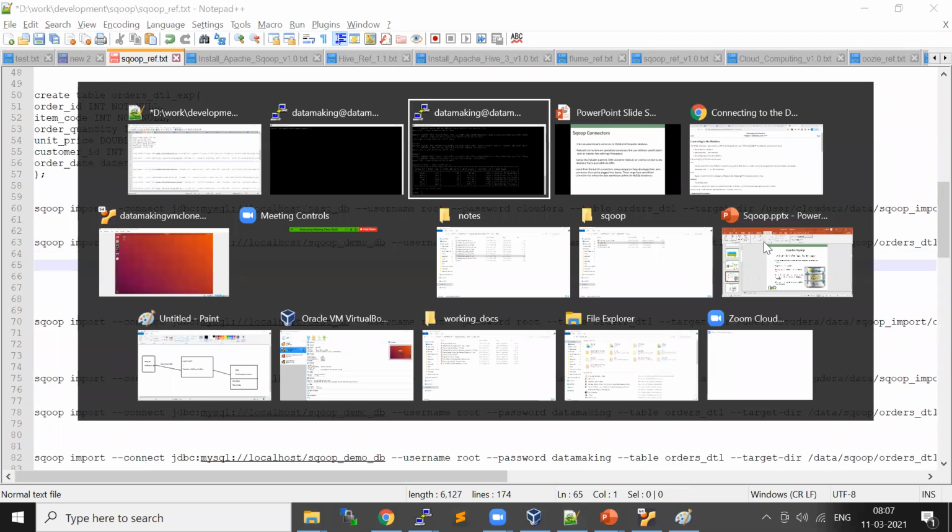Okay, let's start the Hadoop daemons here. We need to start the Hadoop daemons, HDFS and MapReduce. start-all.sh.